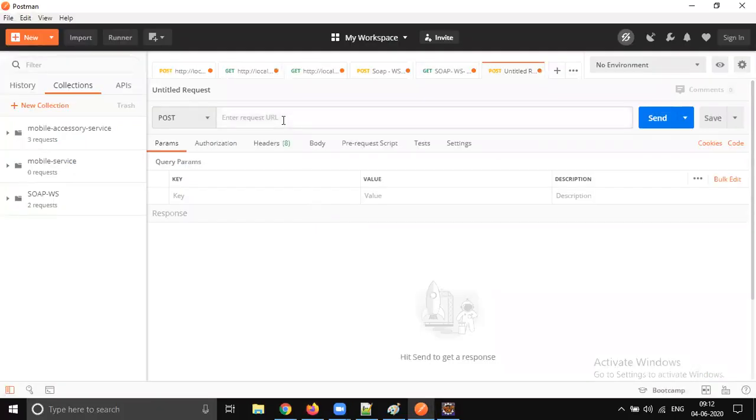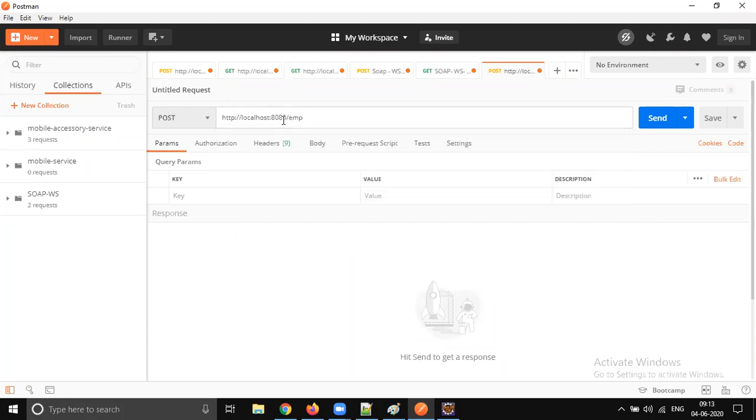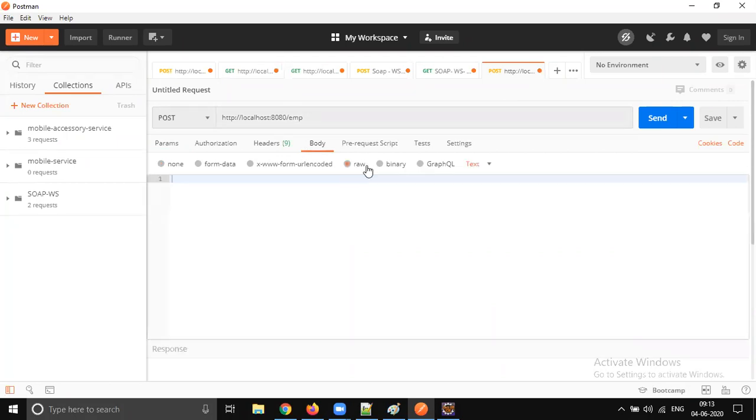Now let's go to Postman and type HTTP localhost 8080 slash employee. Yes, it's a post request. In the body, we have to send the employee information as JSON data.